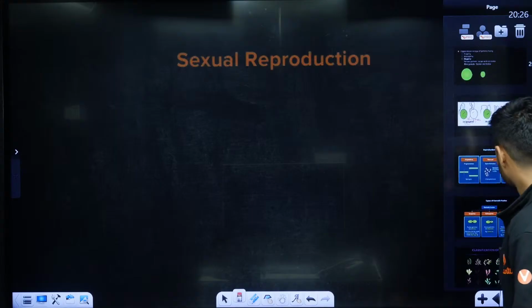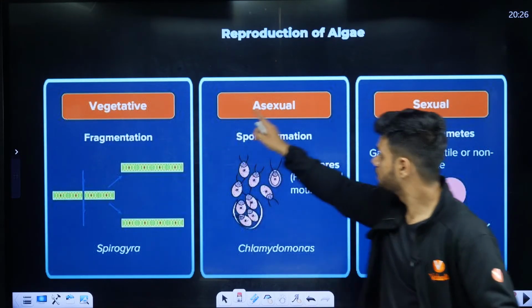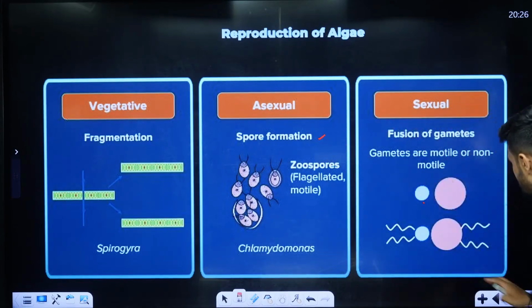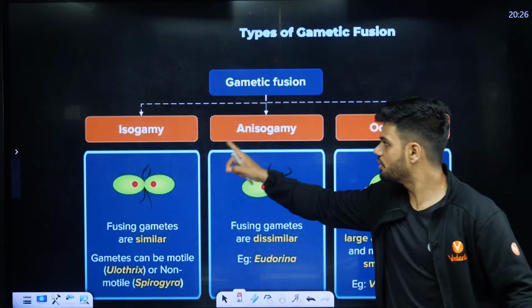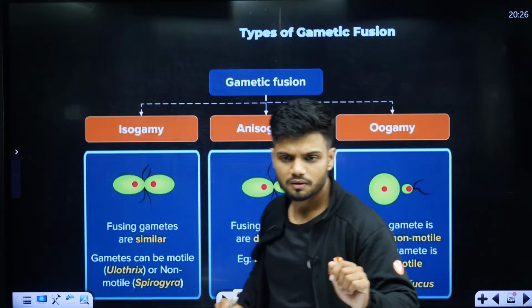एक मिनट, ये वाला देखो. वेजिटेटिव है फ्रैगमेंटेशन, बाइनरी फिशन. Asexual पे है स्पोर फॉर्मेशन और सेक्सुअल के अंदर 3 तरह के हैं, आइसो, एनाइसो एंड ऊगैमी।